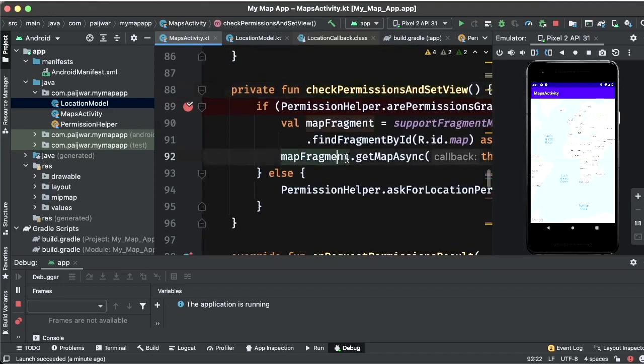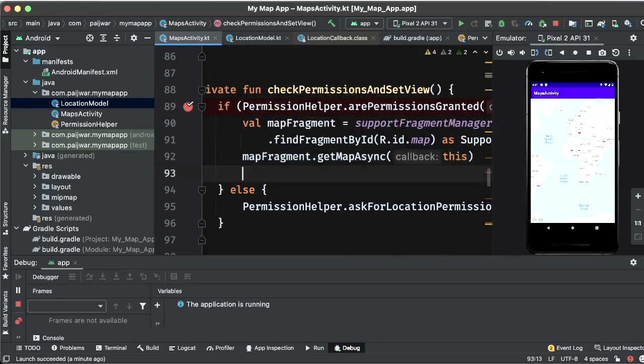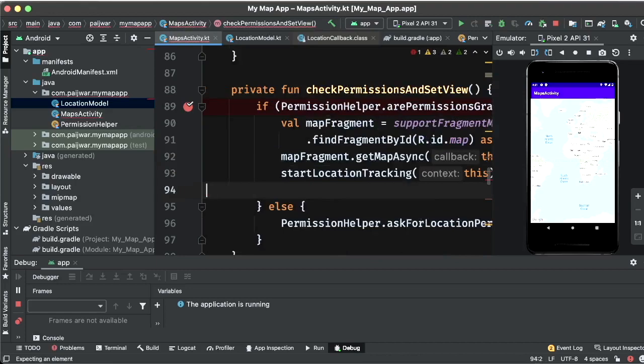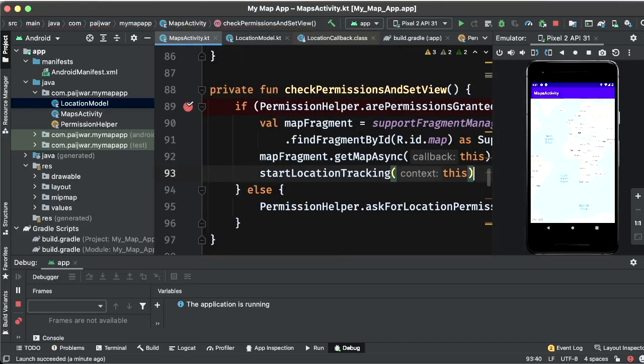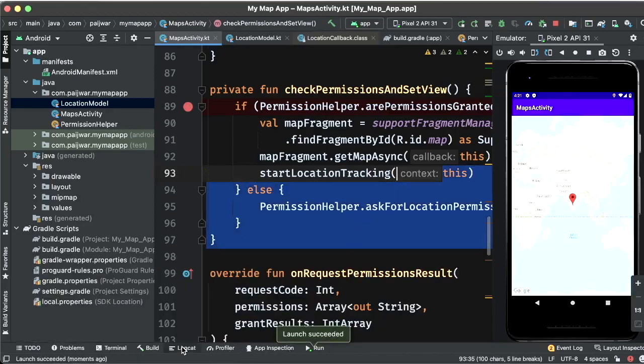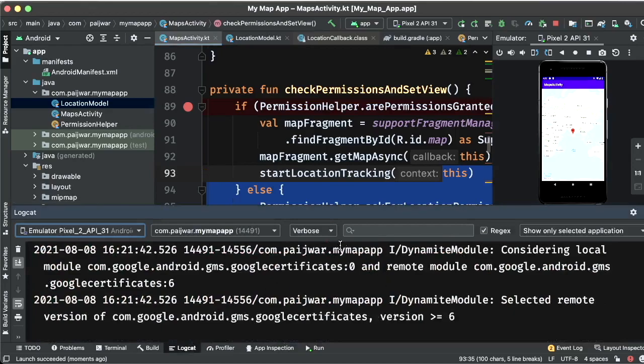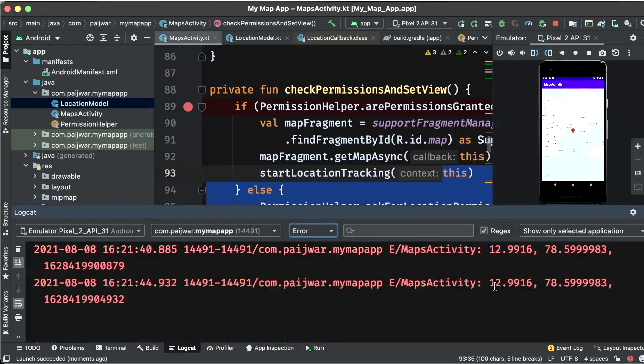Here we should put start tracking because we don't know when we are getting the permission. Now I'm not putting it in debug mode, I'm just running it, and then we'll see the error part. And we got the location, we got the marker.